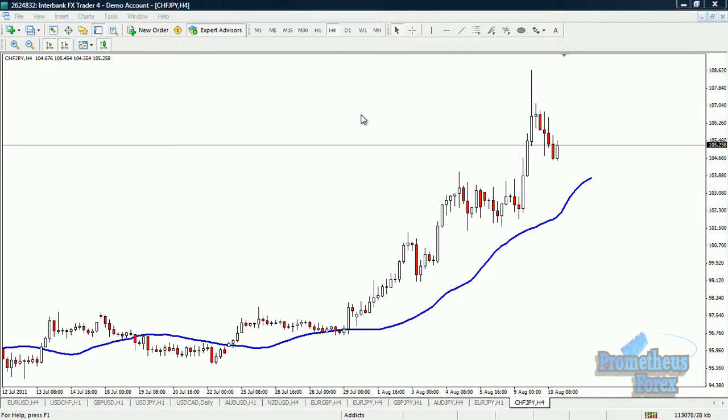Hello all. This is a tutorial of the MetaTrader 4 platform brought to you by Prometheus4x.com. Just wanted to cover some of the basics of what the MetaTrader is about and how to work some of the basic functions. Some simple things, of course, at the bottom here we have different tabs that you can